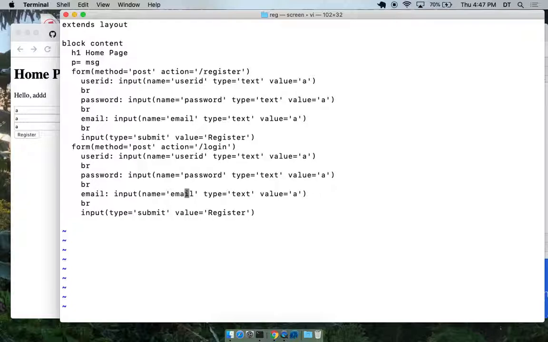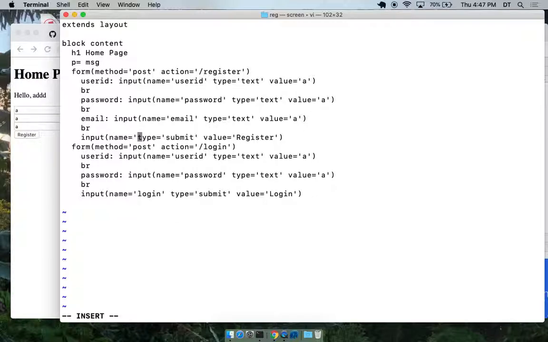And we don't need email for login. We have the user ID and password, that's normal. And then, also I want to give this a name. This will be the login submit button. This should be login. And I'm going to give this a name up here. This is going to be the register submit button. So the name is register. Like that.